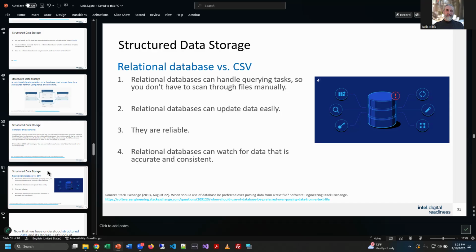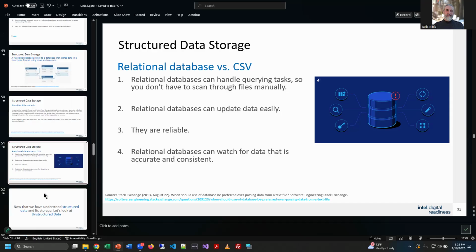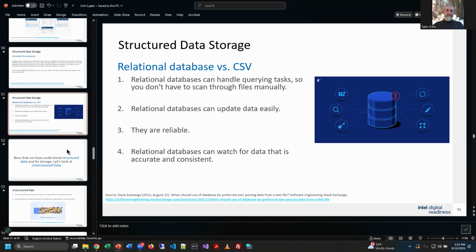Databases are easy to update information. As it says here, they're very, very reliable. It's a type of data structure that's been around a very, very long time. And the fact that the data is structured, in other words, we have data types for the stuff in there. So like if I look at, let's say, an age column, I know it's going to be a number. It's not going to be somebody typed a silly word in there, right? So we know the data usually is good, it's accurate, it's consistent because of the data types and the way it's structured, right? So very, very common way to store information.